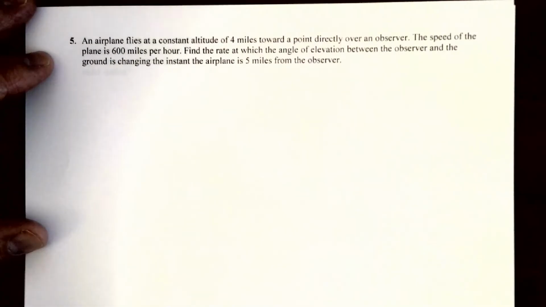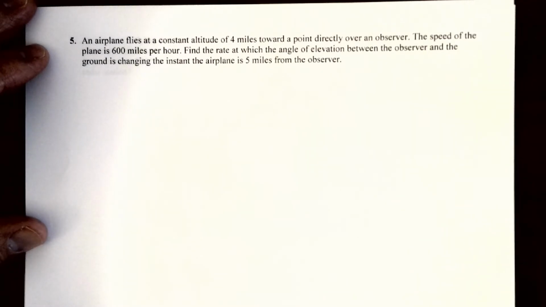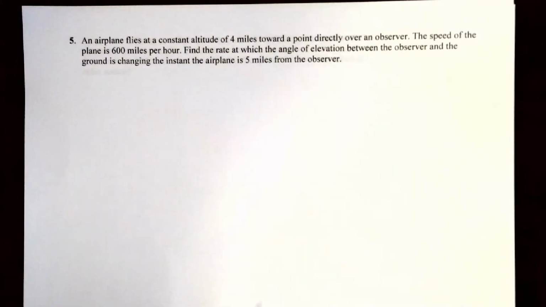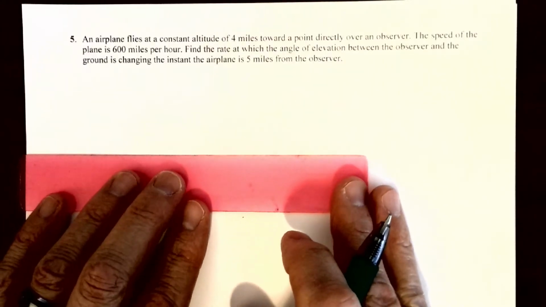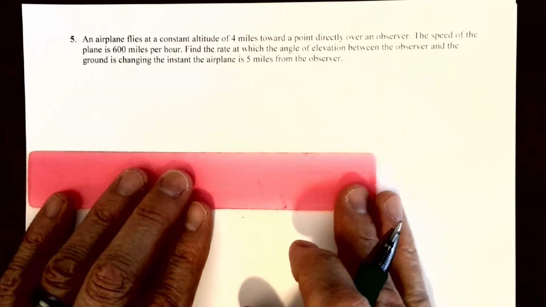Find the rate at which the angle of elevation between the observer and the ground is changing the instant the airplane is 5 miles from the observer. So we might have to read that last sentence a few times, but let's see if we can figure this out. First of all, we'll assume the ground beneath the airplane,